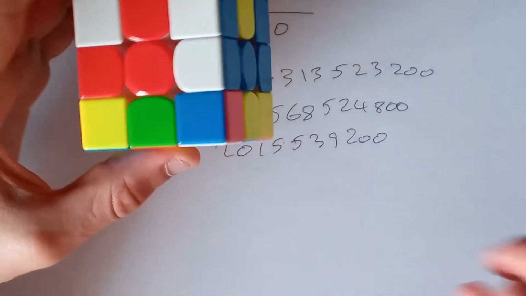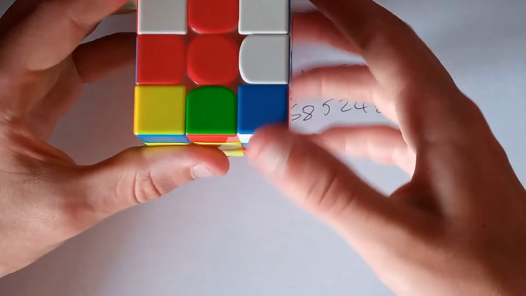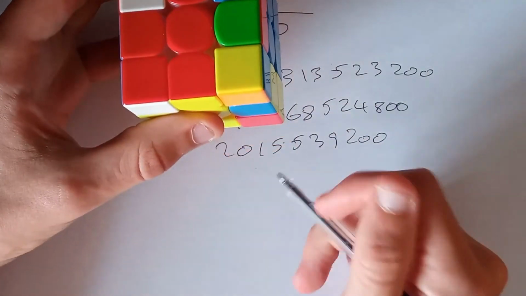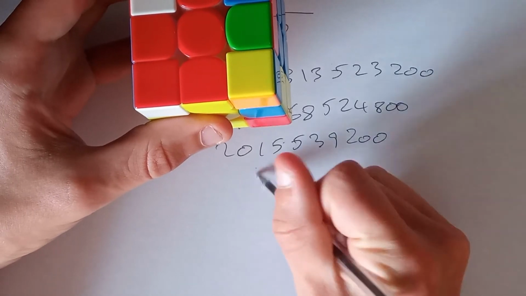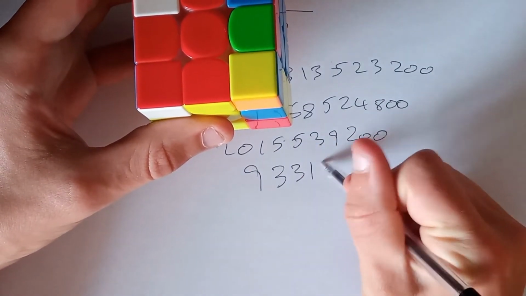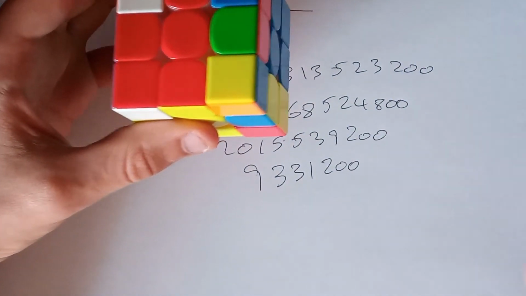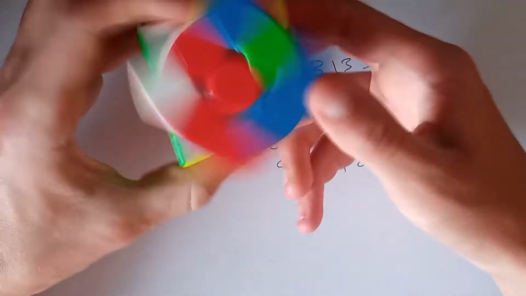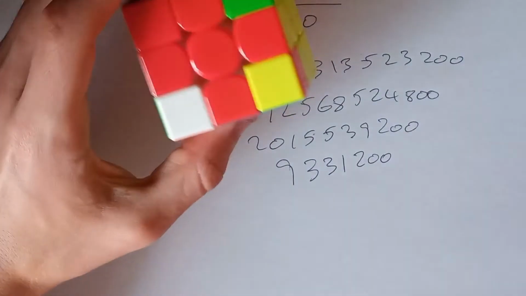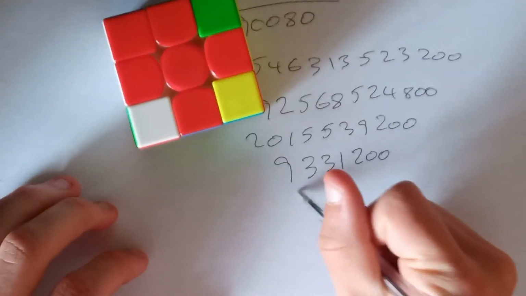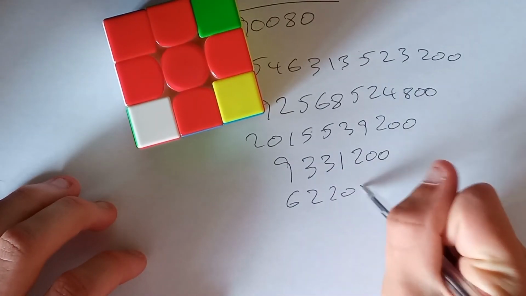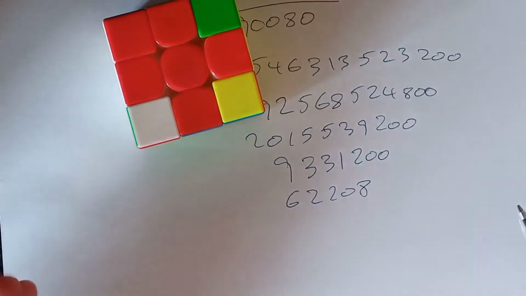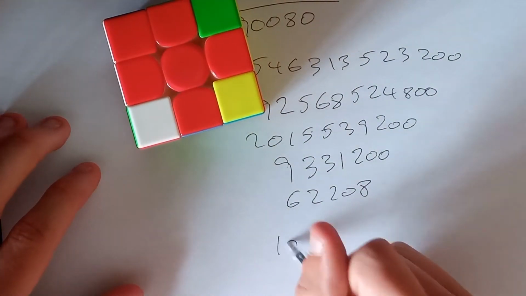Now, solving one more F2L pair reduces that number down to 9,331,200. And simply solving the last F2L pair reduces that down to 62,208. Now, some people who know their stuff will say, well, aren't there